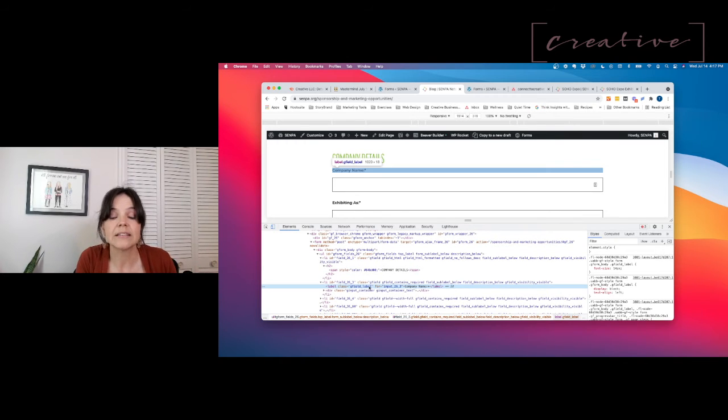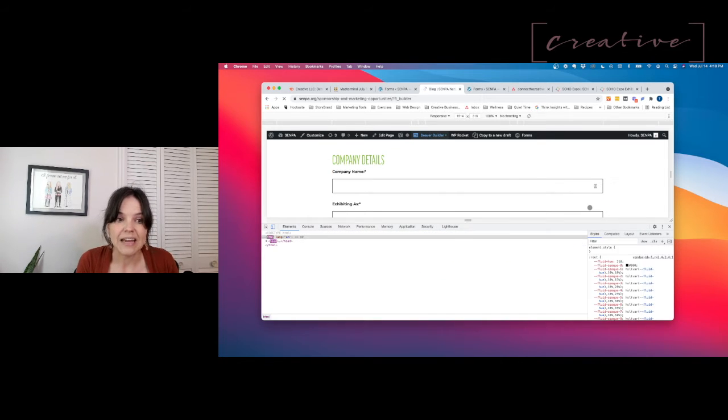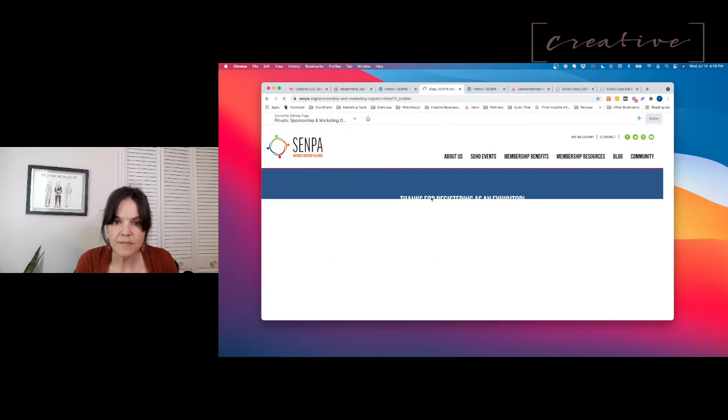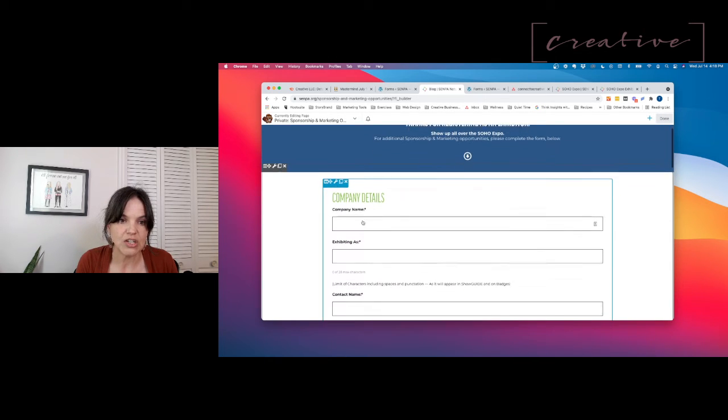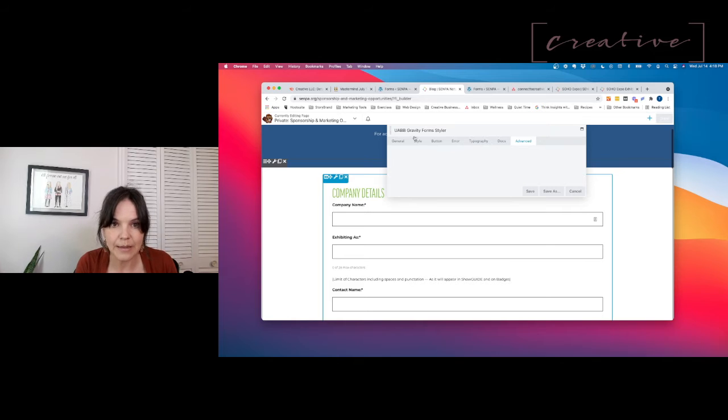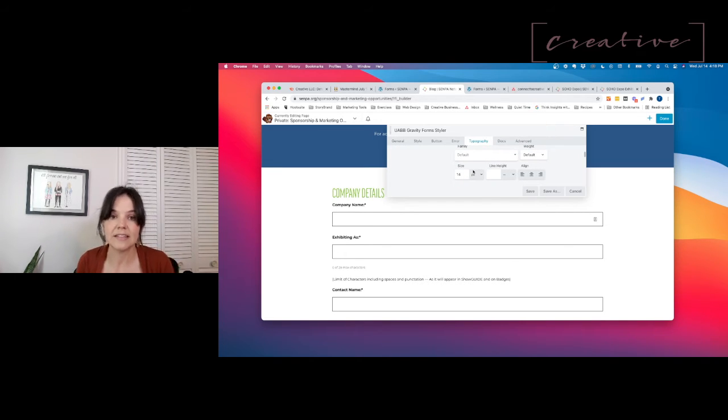which basically in this case is just coming directly from Gravity Forms, and it's G field. That means gravity field label. And so when I'm looking at, even when I'm in my Gravity Forms styler through Beaver Builder, where I'm making some changes, that said G field label. And when I look at my typography here, it says label, and then it's got the typography related to that label. So this is pulling the styles directly from my Gravity Forms styler and Beaver Builder,